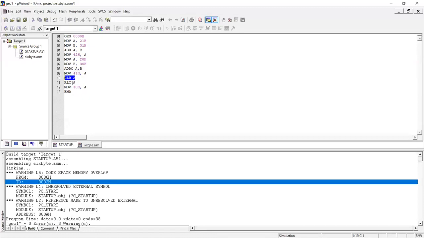I'll use the instruction RLC A. We know how this instruction works. It will rotate left with carry here. The carry bit will become the bit 0, right? If there is any carry, the bit 0 will be set to 1. If the carry bit is 0, the bit 0 will be 0 after this instruction. And any carry which is generated, if there is any, will be stored in the memory location 40H here.